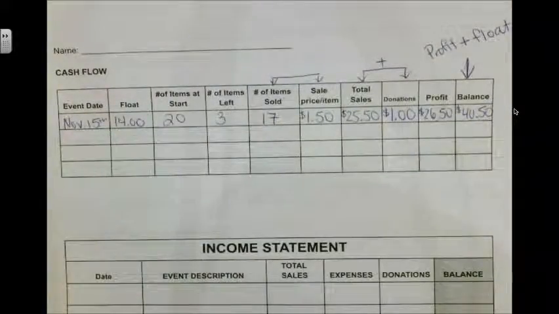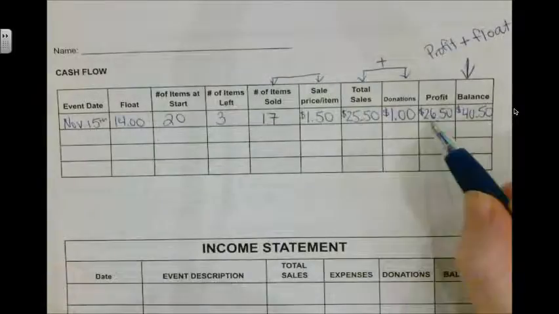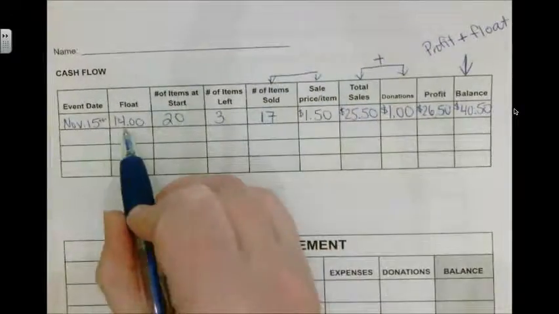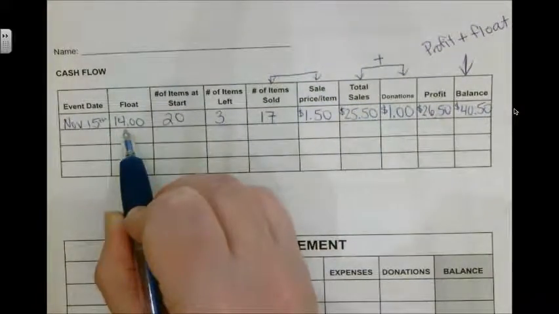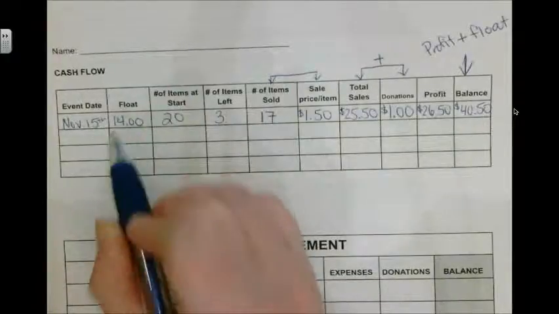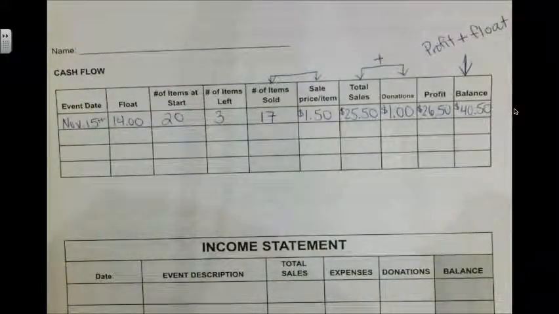Okay, so in your cash register, however you've made your cash register, at the end of the night, if you made a profit of $26.50 and you started out with $14 so that you were able to give people change, then if you add those up, you should have $40.50 at the end. Okay, now if we go back